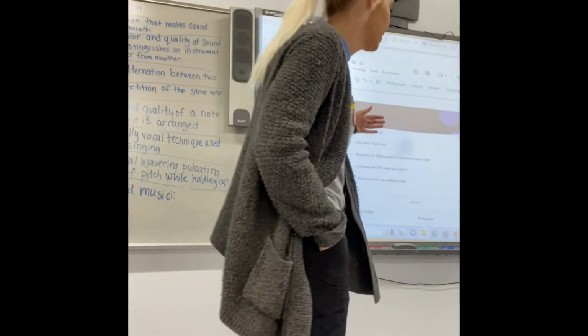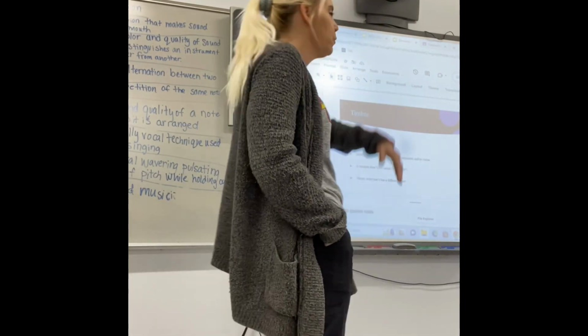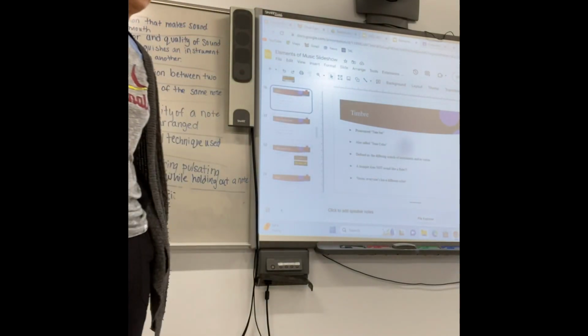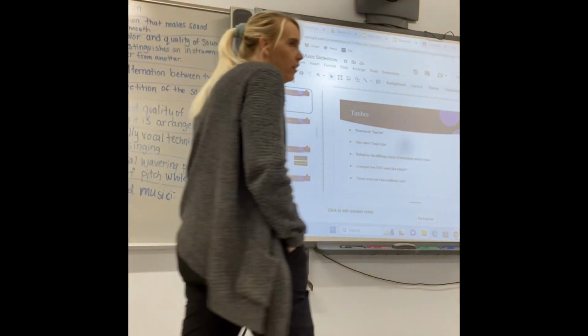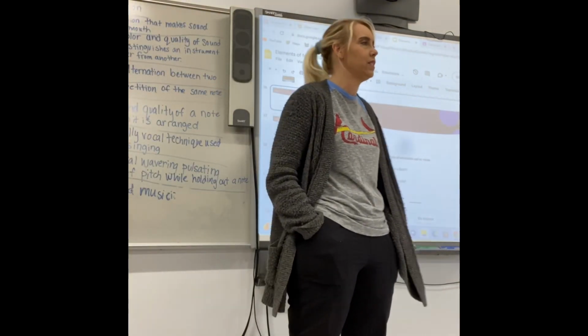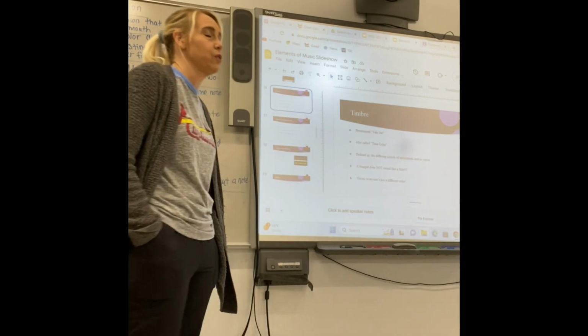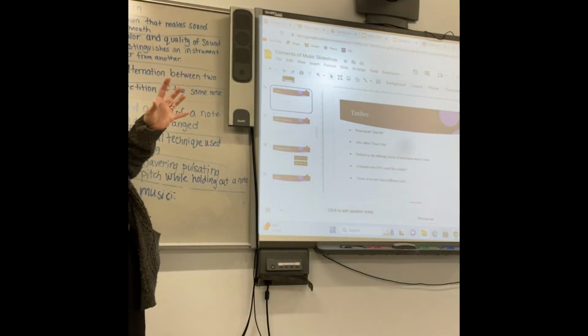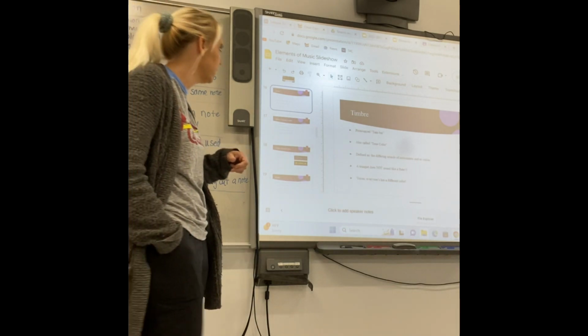A trumpet doesn't sound like a flute. With voices, everyone has a different color. You're not even going to see identical twins sound exactly alike in music. One of them is going to have a little bit of a vocal difference. One of them may have a better range than the other. They're not going to be exactly the same.